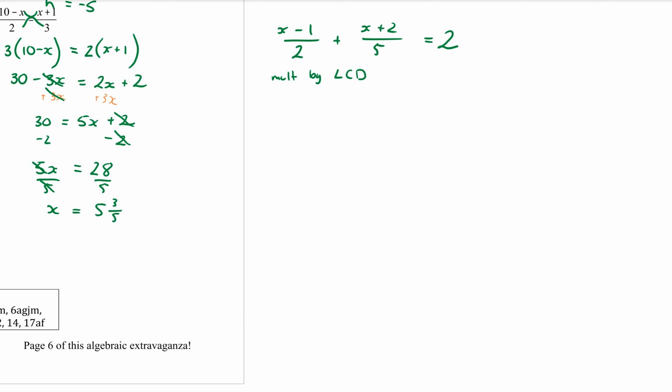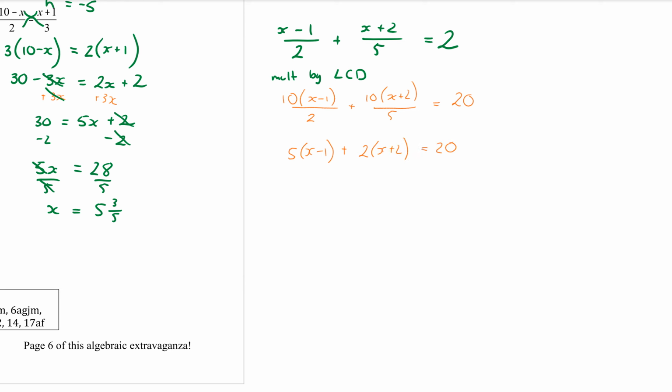Now, to do that, you're just multiplying it to the top of the fractions. So it's going to be 10 times the x minus 1 over 2. And 10 times the x plus 2 over 5. And also don't forget the 2. 2 times 10 is 20. Now when you do that, hopefully you can see that those fractions are going to cancel off, because 10 divided by 2 makes 5. So 5 times x minus 1. 10 divided by 5 for the second fraction makes 2 times x plus 2, and that's equal to